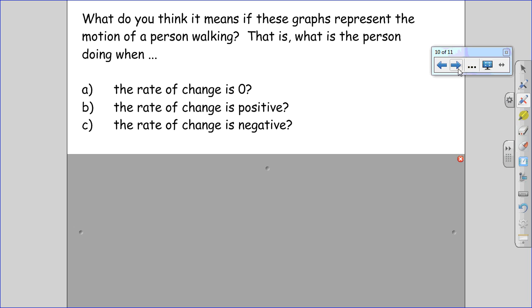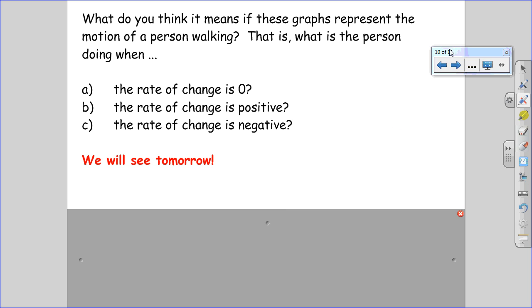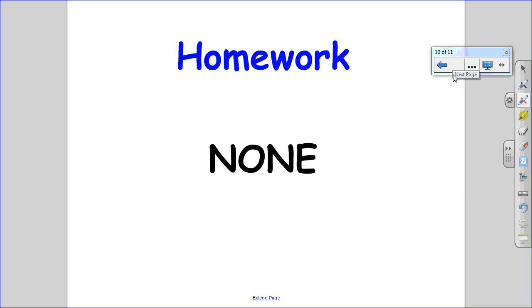Well, what does it mean if that graph represented the motion of a person walking? That is, what is the person doing when the rate of change is 0, or the rate of change is positive, or the rate of change is negative? That's what we're going to see tomorrow in class. But before you come to class,